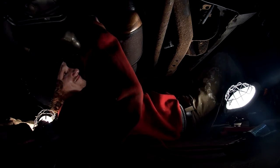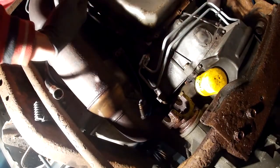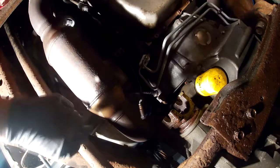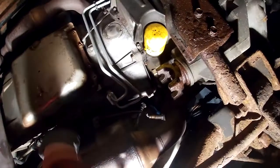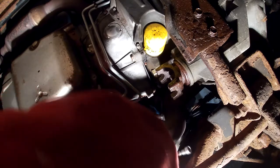Now that it's in there, yep, let me show you where we're about to go. If you can see, it's straight up hanging right there to the left of the cat. Yep, and we need to push it over. There's a drive shaft that I removed. This is where the lines are right now, as you can see. So now I'm going to have to spin them, and they're going to have to go on the